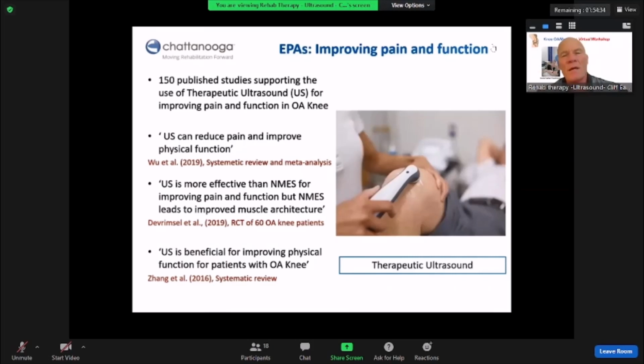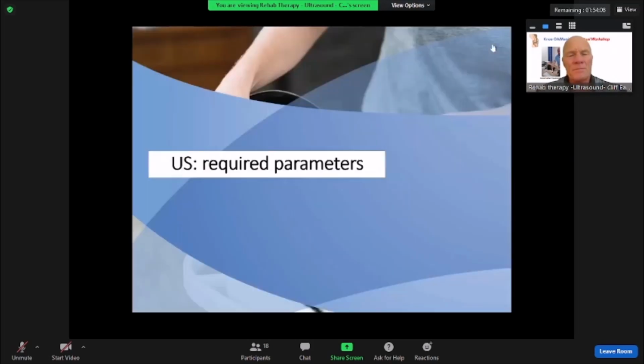So if you're using ultrasound or considering using ultrasound, it's important to ensure that you have both 1 megahertz and 3 megahertz frequency options on your machine, and also consider having the facility to choose between different size probes. Otherwise, you've got to keep unplugging one and plugging another one in. So if we go to the next slide, this is where it really starts to become interesting for me.